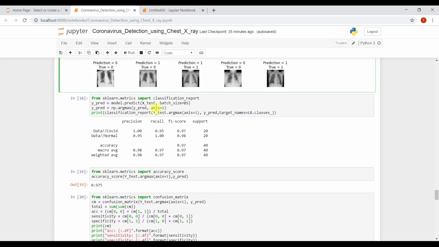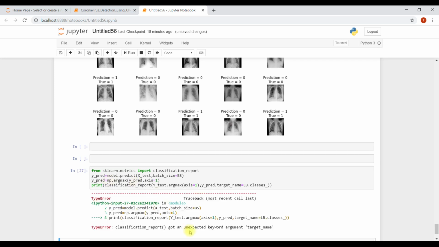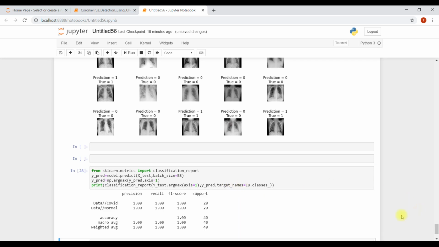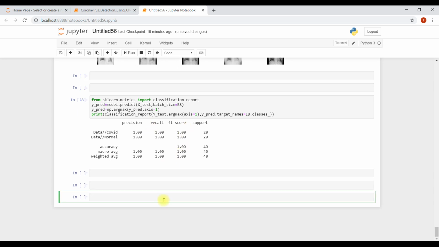Where is y grid np? Oh, it's like this. And got another target name. It's target names. Okay. See, you can see precision of COVID and normal, the accuracy. Support this much, F1 score, recall value. We got good enough.